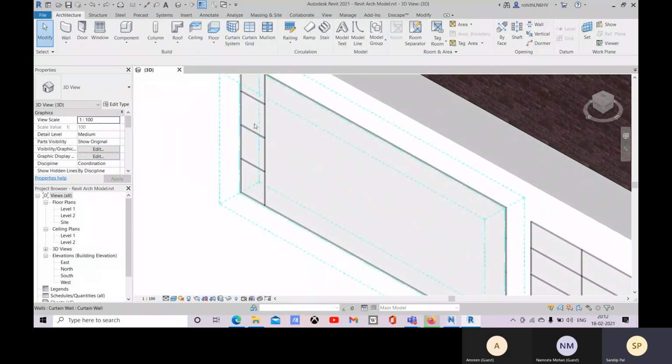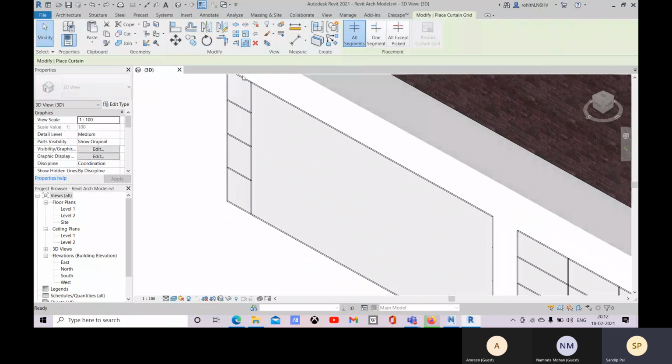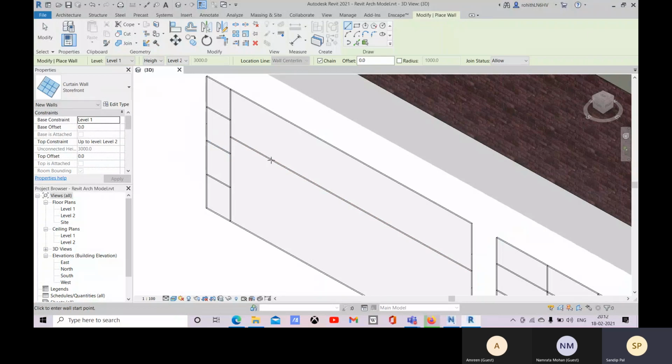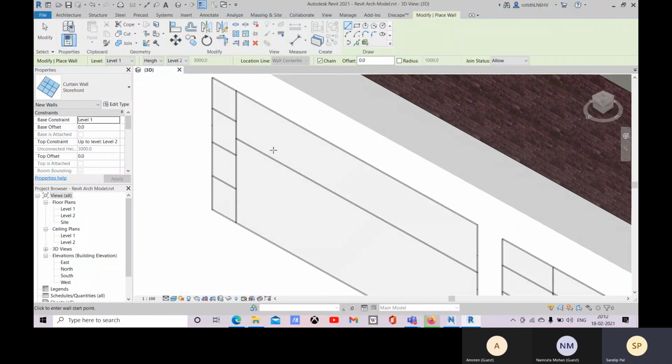Let me show you how you do it. Go to curtain grid, all expected. You normally place it first and then you pick this one, so this one will be the remaining. And you just press enter. You see, all expected picked one.